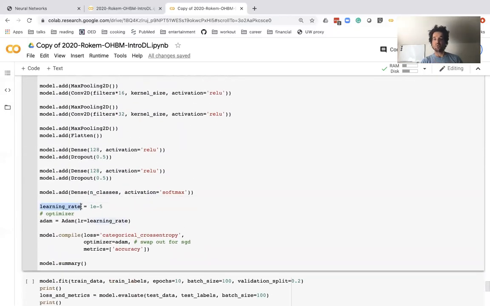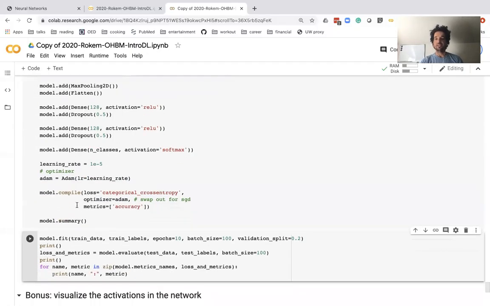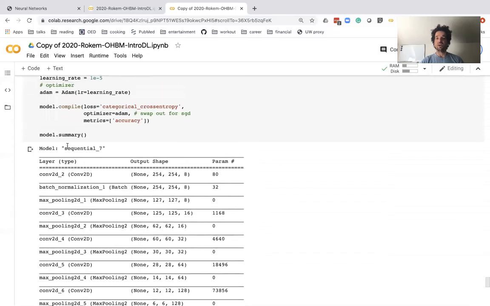And we're going to set a learning rate here, and we're going to use a custom optimizer. So you can see that the code is getting a little bit more complicated here because we're using a custom optimizer called the Adam optimizer, and we're going to set the learning rate to this learning rate. And then we compile that, swapping out the previous optimizer that we used for this custom optimizer. Okay, the summary function here tells us